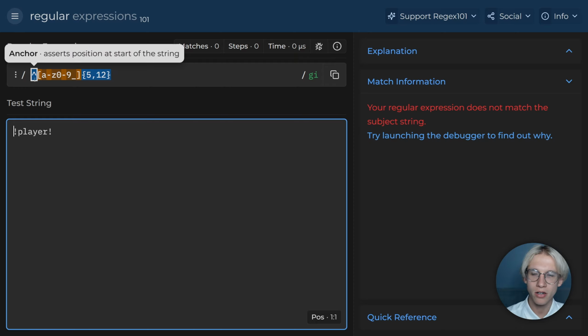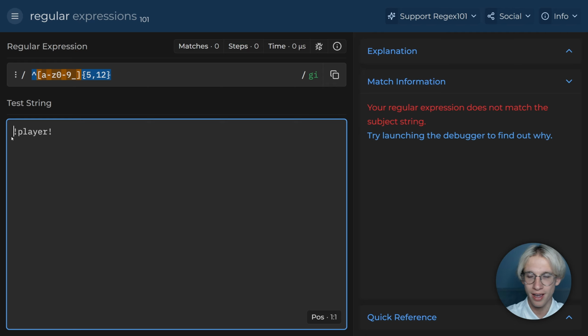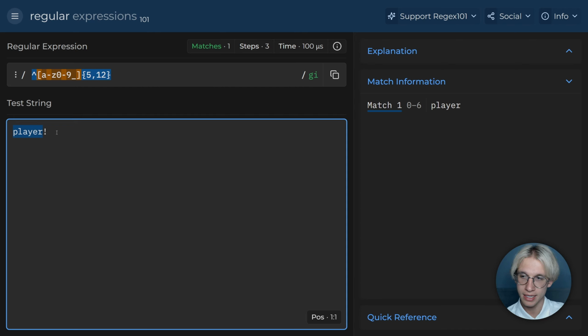So with this anchor symbol, our pattern starts to scan the string from the beginning, then it sees the exclamation mark, which is an invalid symbol, and this is the reason why it stops scanning the rest of the line. At the same time, if I remove this exclamation mark, you'll see that we select the player,